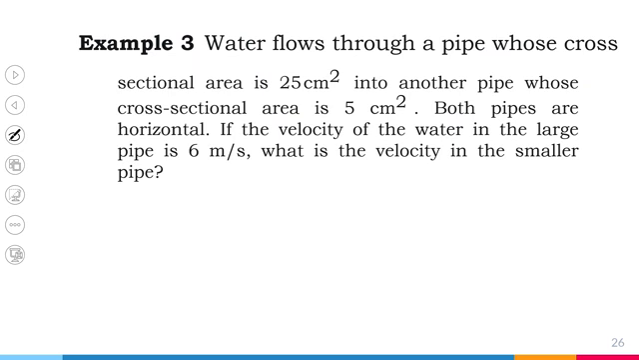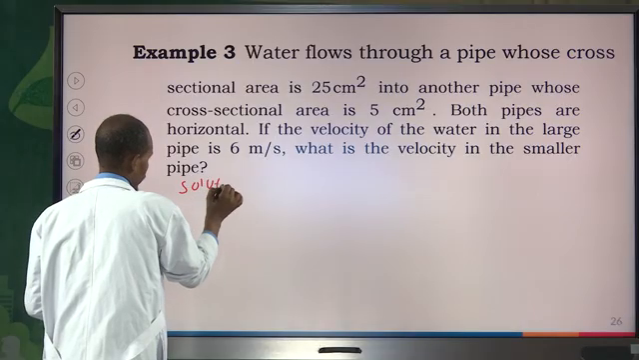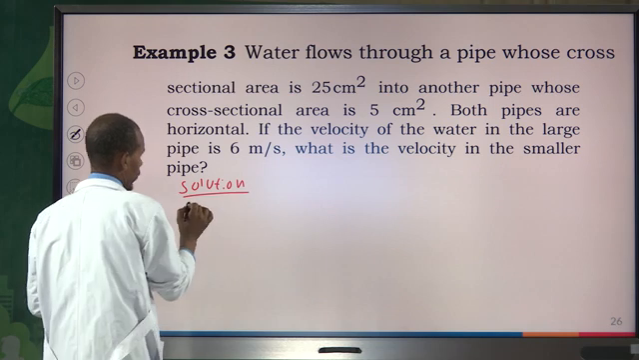Water flows through a pipe whose cross-sectional area is 25 centimeter square into another pipe whose cross-sectional area is 5 centimeter square. Both pipes are horizontal. If the velocity of the water in the larger pipe is 6 meters per second, what is the velocity in the smaller pipe? So let's do the solution. Solution. We have given